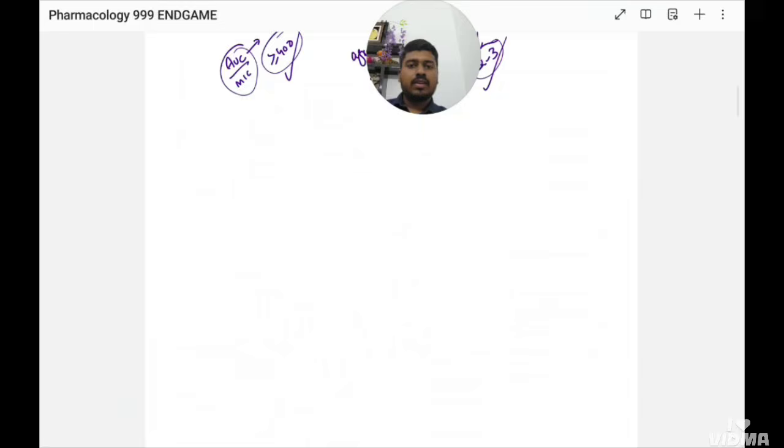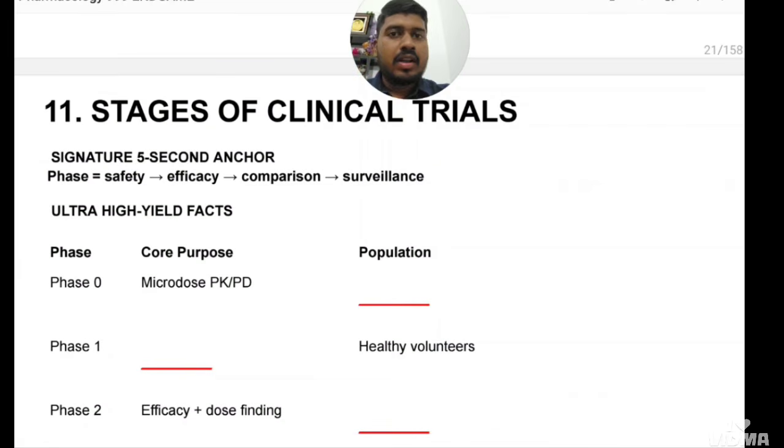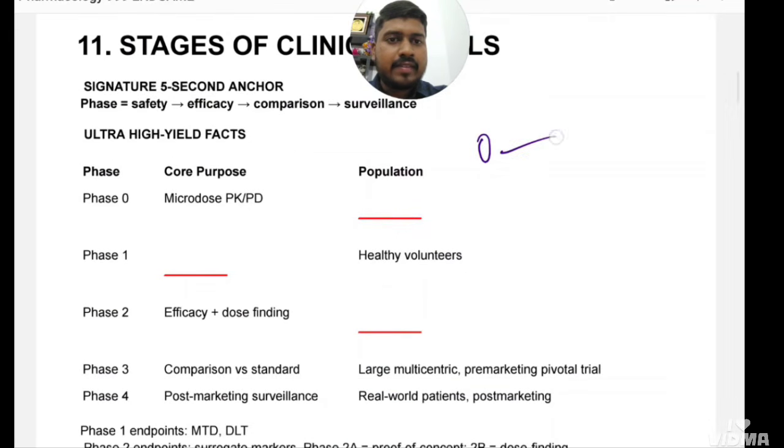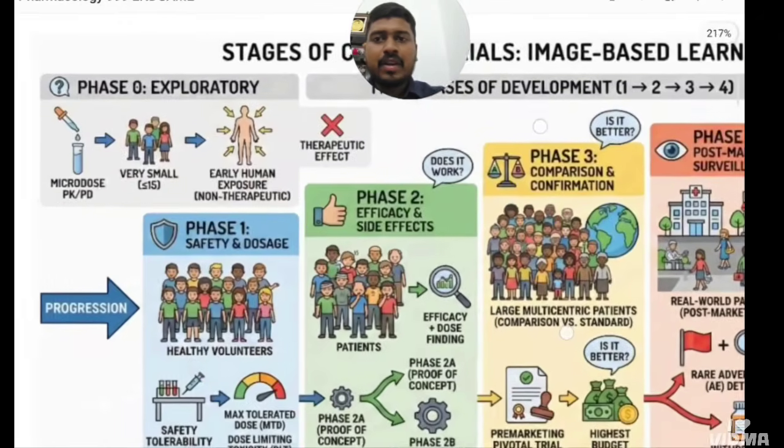Okay, next we'll go through clinical trials. So next, going to stages of clinical trials. There are a total of 5 stages from phase 0 to phase 4. We'll see it one by one with the help of visual mnemonics. So phase 0 is